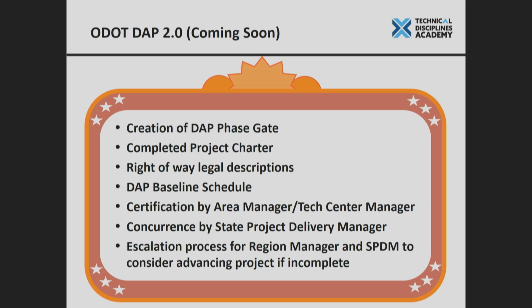We also have to have a baseline schedule. Remember how I talked about having a high level of certainty that our scope, schedule, and budget weren't going to change because you know everything there is to know about the project. At DAP, we're going to take another snapshot of the schedule and say, from here on out, all we're doing is basic stuff: putting the plan set together, buying the right-of-way, getting the permits. Those are all known things. We take that snapshot to be able to see, at the end of the project, how well we did, because we said at DAP that we have a great handle on the project.